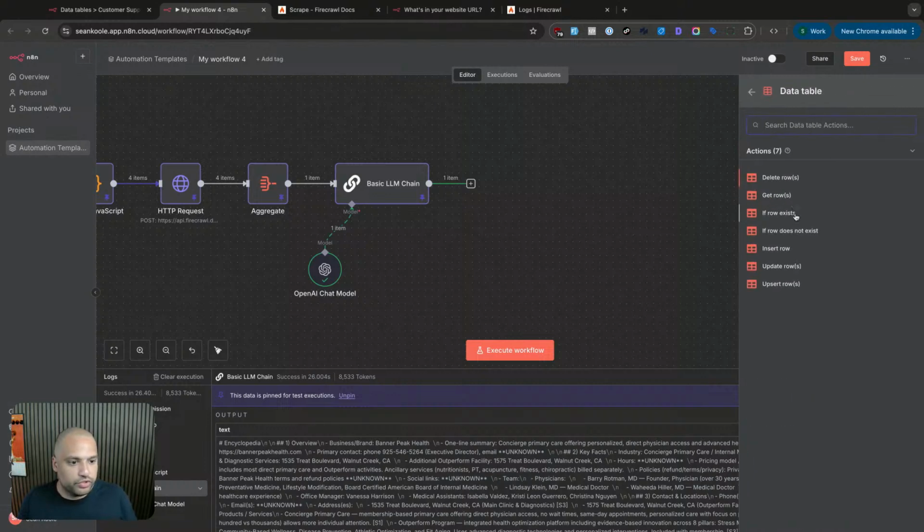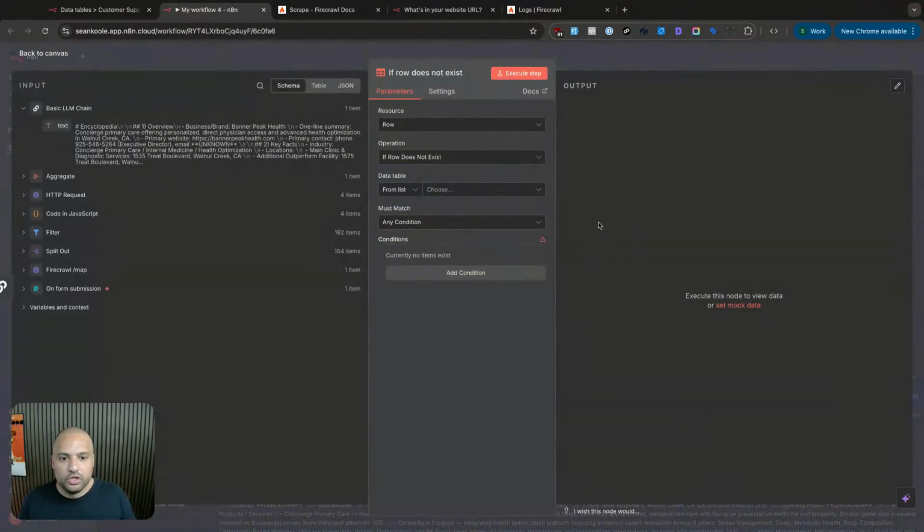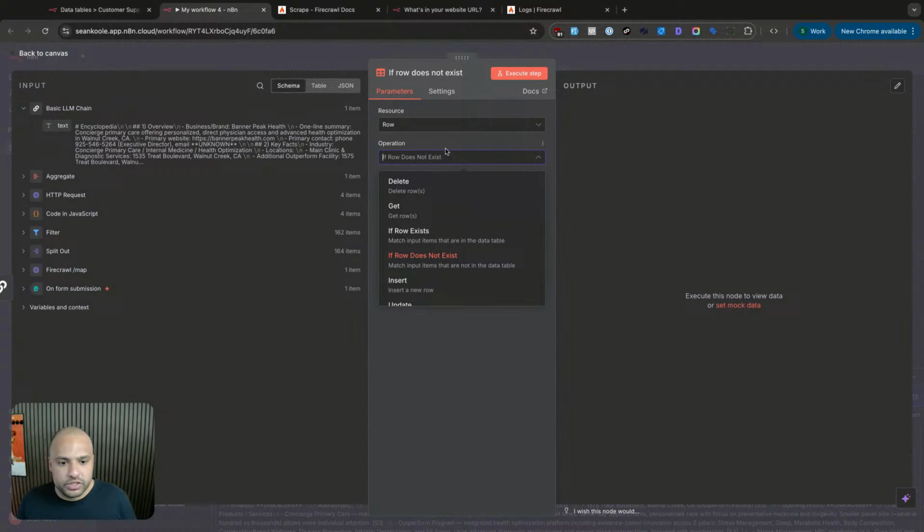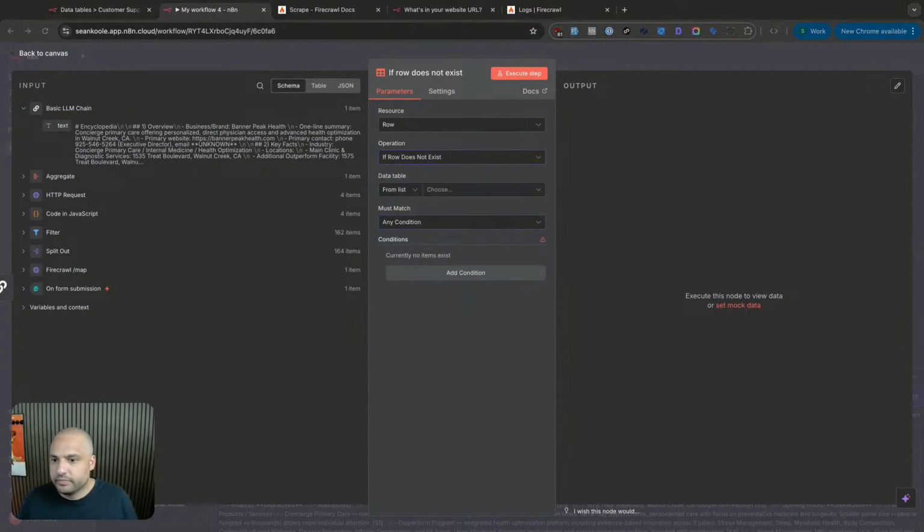So we're going to create a row, and there is delete rows, get rows, if row exists, if row doesn't exist, insert row. And what we need is if row exists, or sorry, if row does not exist. Because what we want to do, if the row does not exist, right, we want to then create it. But if it exists,